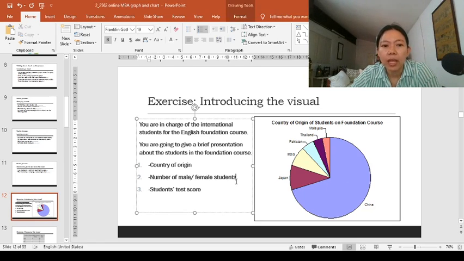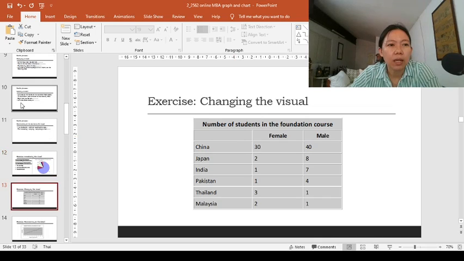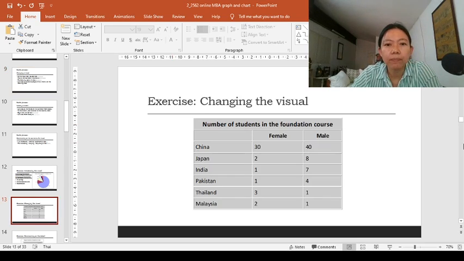And then if you would like to move on to the number of male and female students in the foundation course, you can use useful sentences like, on the next table you can see, or here is the next table. So we can use: the following table will show the number of male and female students in the foundation course. And the last one